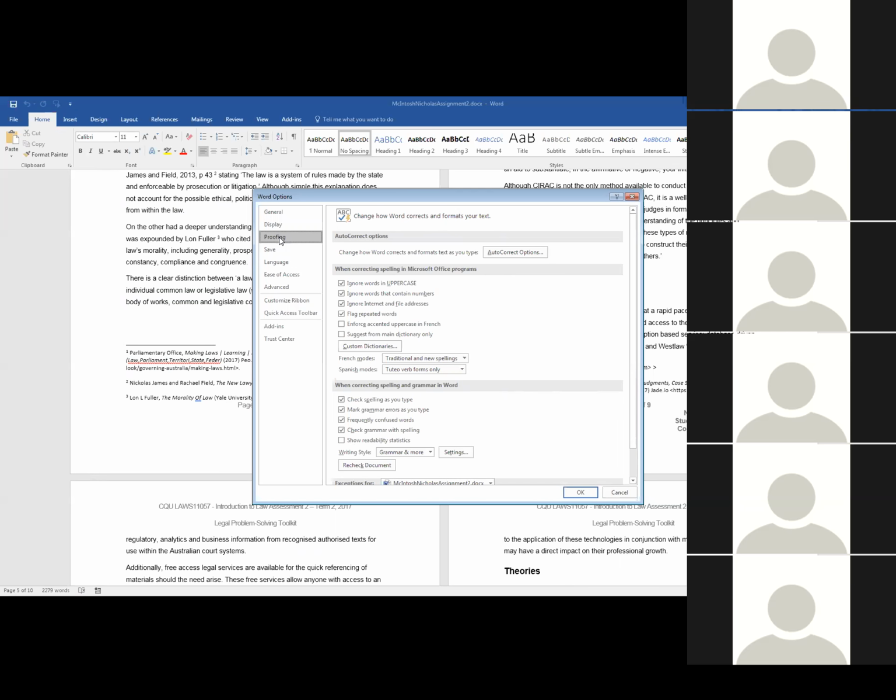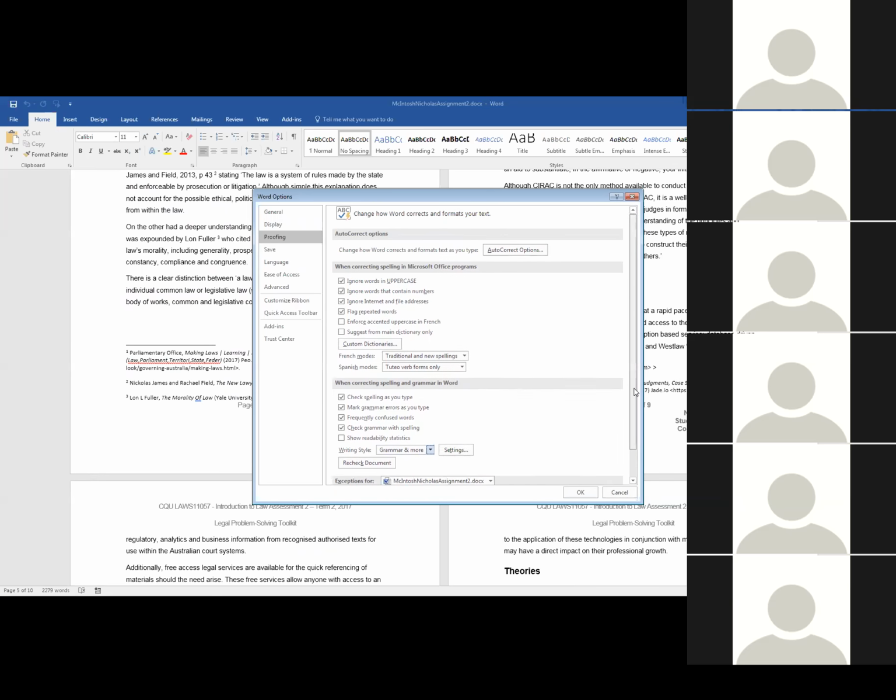At the moment, it's set to Grammar and More. Just drop that down. All right, we'll stay with Grammar and More. Your version is a little different to mine. Just tick the box above, showing readability statistics.